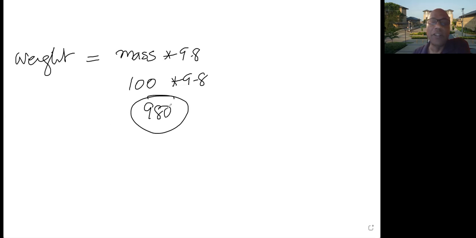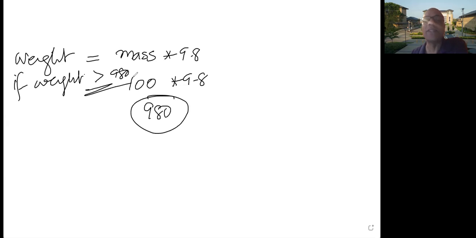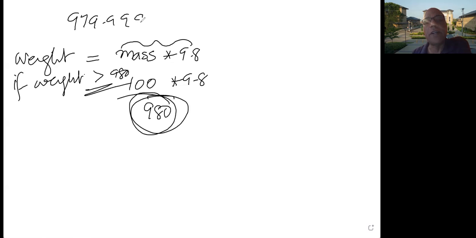But if you compare this against 980, if you write if weight is greater than 980, it may not do the comparison correctly, because this may not come out to be exactly 980. When you do the multiplication, sometimes Python would be getting things like 979.9999999, this kind of stuff. So if you compare this against 980,